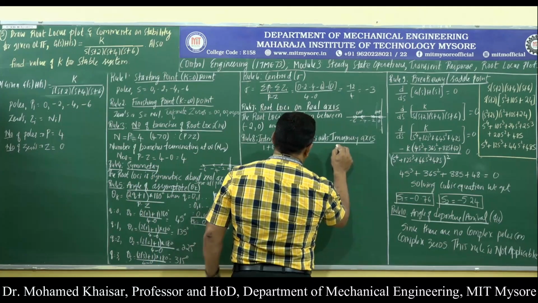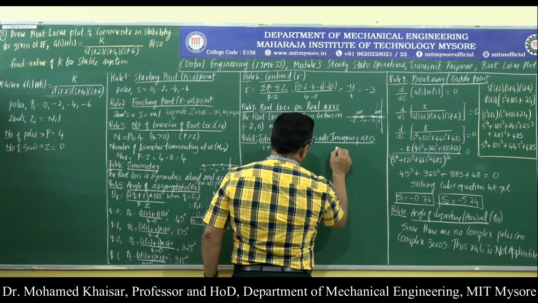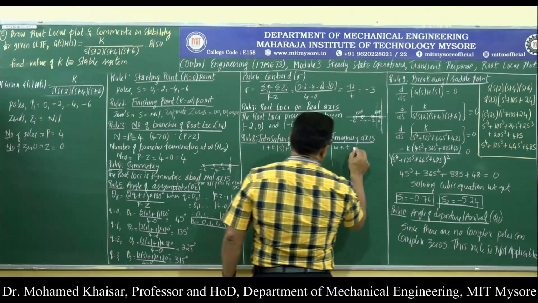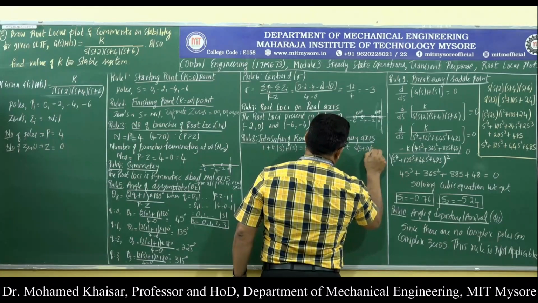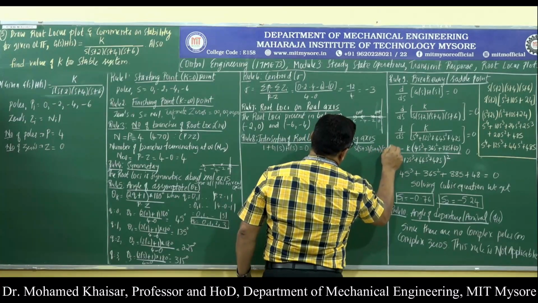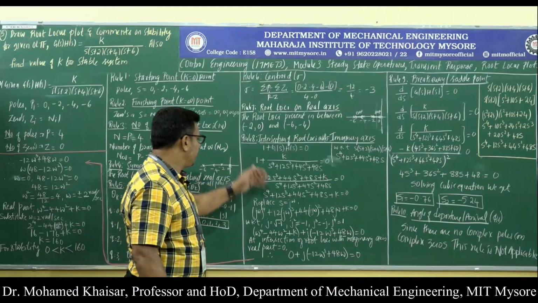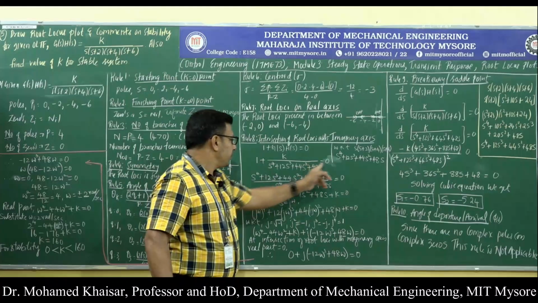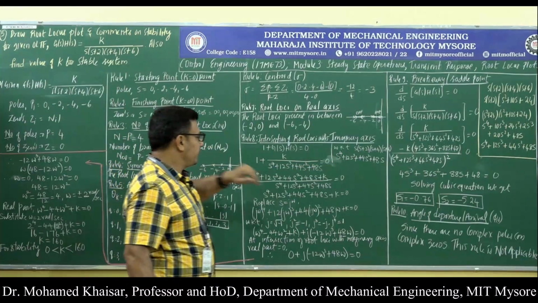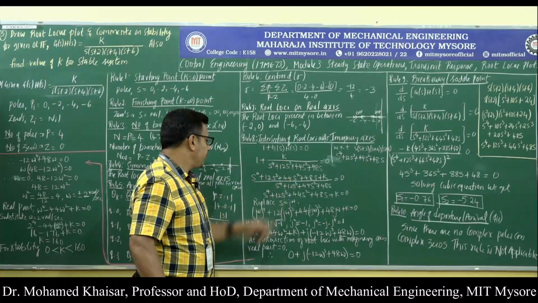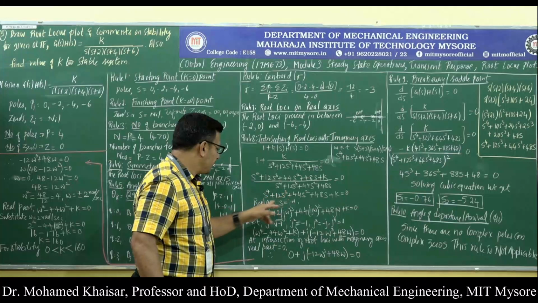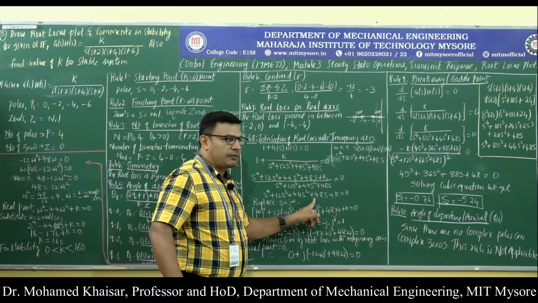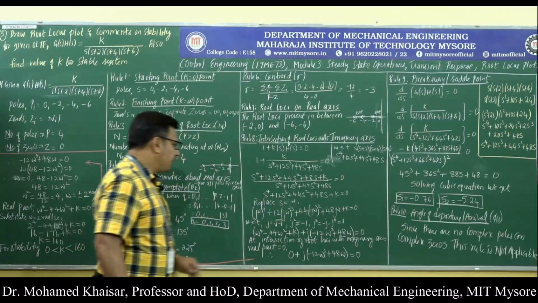Then what I will do here before I get into 1 plus GSHS equal to 0 is, we know that the denominator is s into s plus 2 into s plus 4 into s plus 6. Now, when we do 1 plus GSHS equal to 0, this is only the simplification of the open loop transfer function. We have just simplified it and written it straight away. Then the equation will be s power 4 plus 12s cube plus 44s square plus 48s plus k equal to 0.